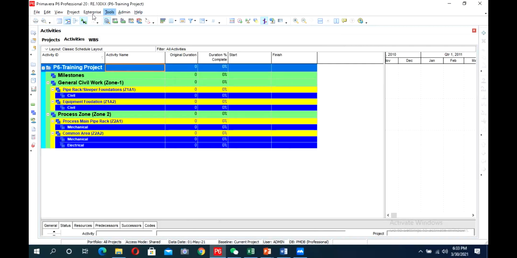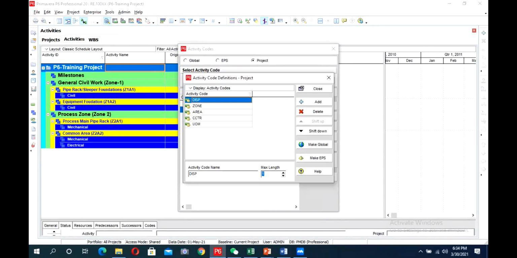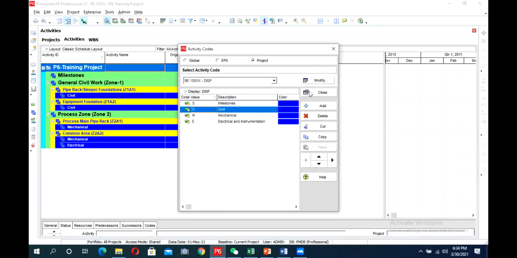But if I change it, I will click here on discipline and from here I will modify it. So discipline can go up to 5 and I will close this one. Now for every discipline I can enter more values, up to 4, like MECH. So you can have it.